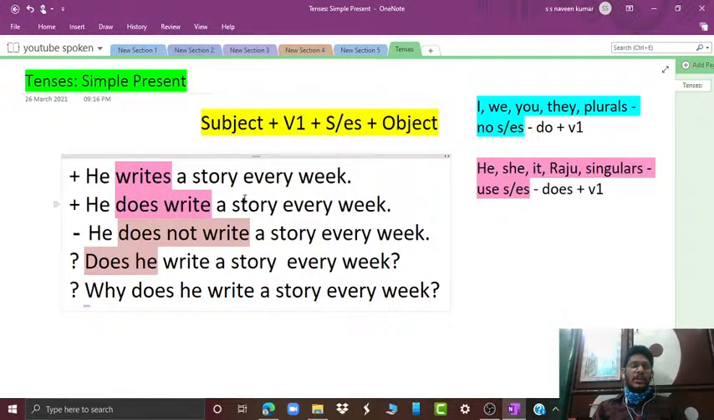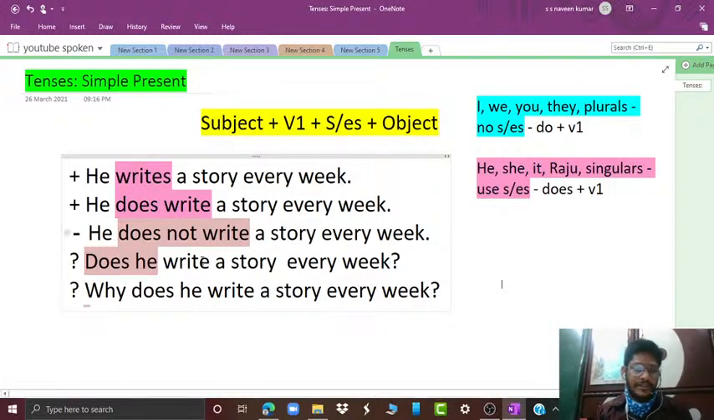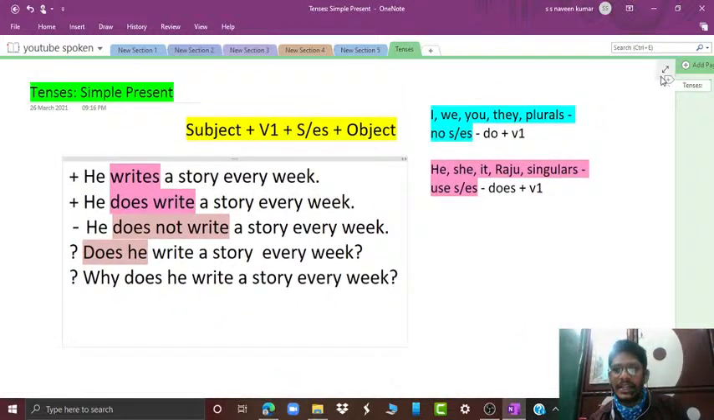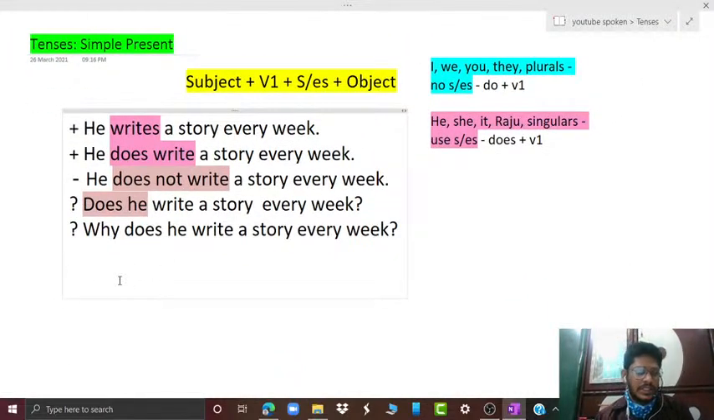Now, if you want to write simple present, how do we use it in our daily life? Imagine you want to tell your daily routine. Suppose I want to tell my daily routine, then I take help of this simple present. Say for example,